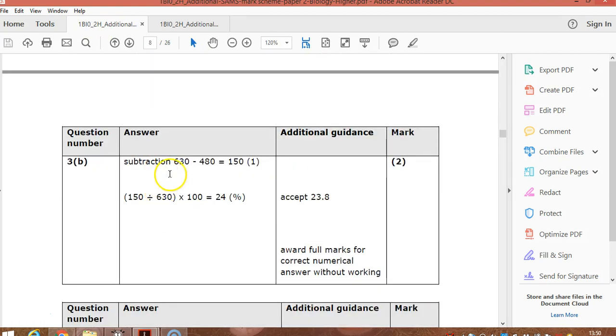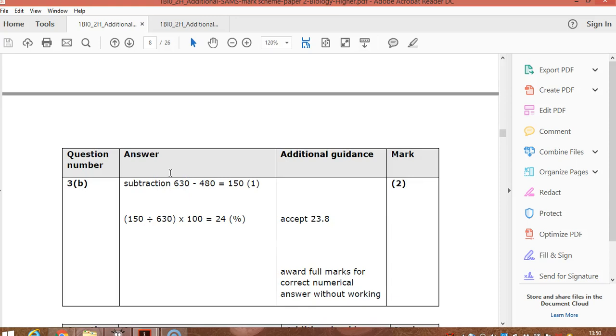What you do is work out the difference between the numbers, and then you do the difference divided by the initial value times 100. So in this case it's 24%, and you are allowed 23.8%